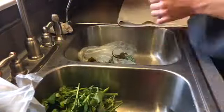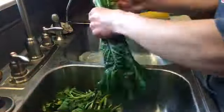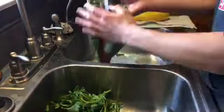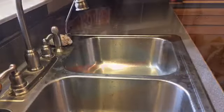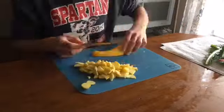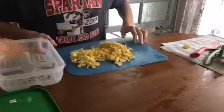So washing off all the vegetables is very important, especially when you have bioactive enclosures, enclosures where different organisms live, like insects and stuff, because if there's insects on your vegetables, then they could go into your enclosure and cause problems. So this week I'm cutting up yellow squash as well as Swiss chard,